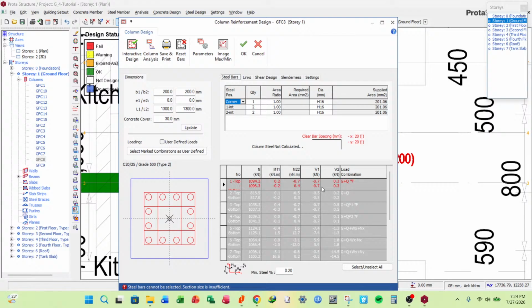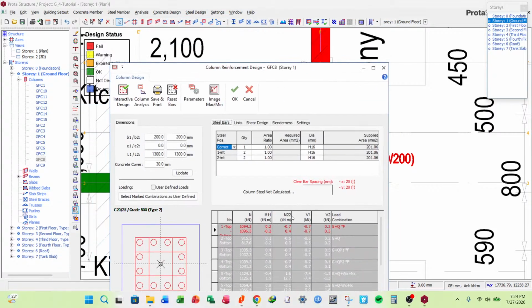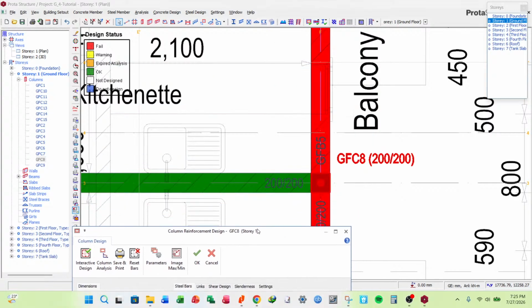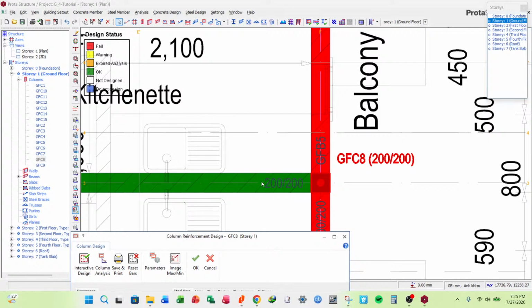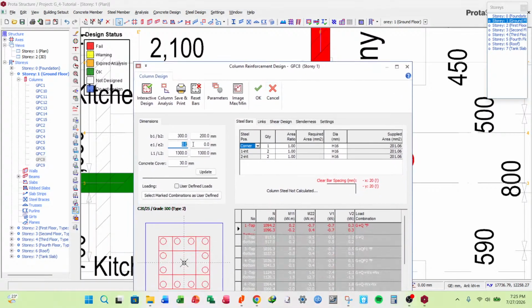The moments are small, but still the moment about 2 is bigger, so we shall increase the dimension b1. Okay, so shall change this to 300. Since there's a wall in this direction, we shall push the eccentricity in the negative direction, so negative 50. Update,